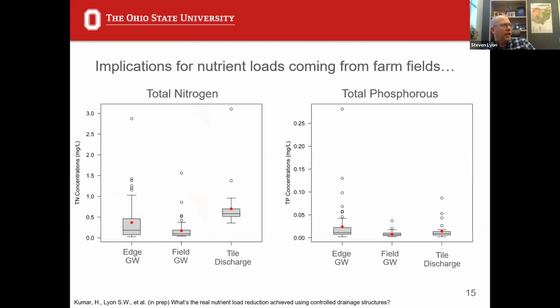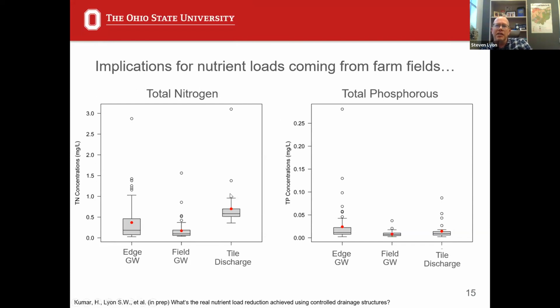We also look at the chemistry of the water, and this is some more ongoing work that we have in development right now. Here we have the total nitrogen concentrations and the total phosphorus concentrations. Those are what we're working with right now at different locations across that field I talked about. We look at the groundwater at the edge of the field, the groundwater in the farm field, or the water coming out of the tile drainage itself. These are the averages over the entire period, and we're breaking these down, looking into more detail with time.